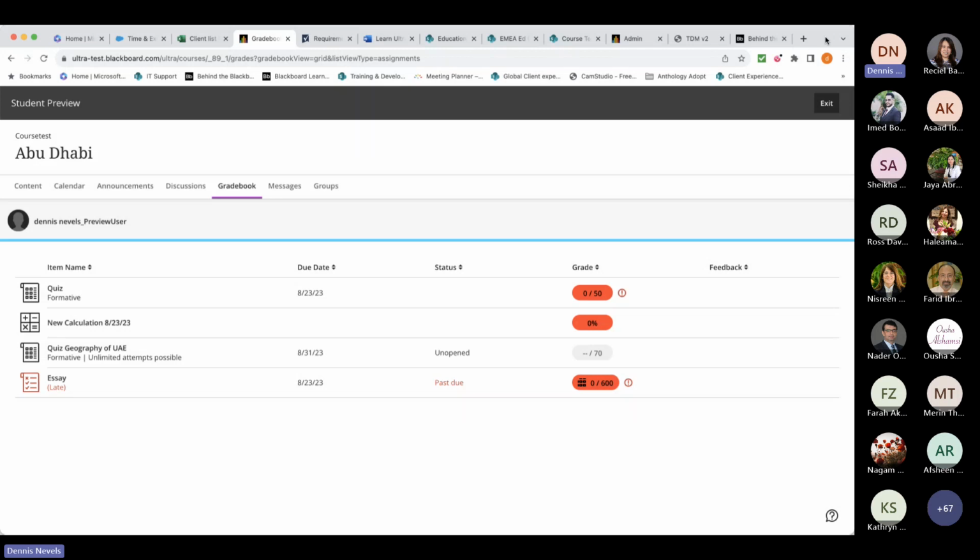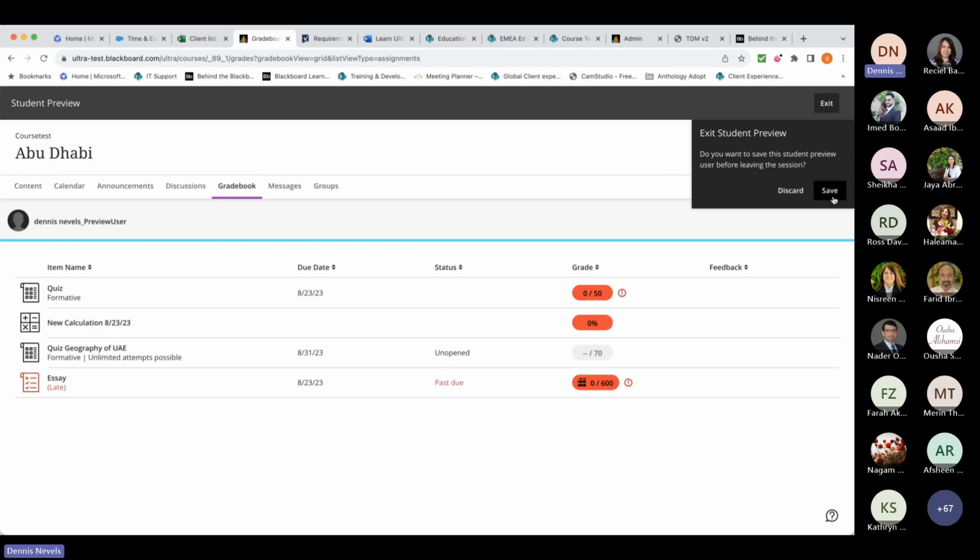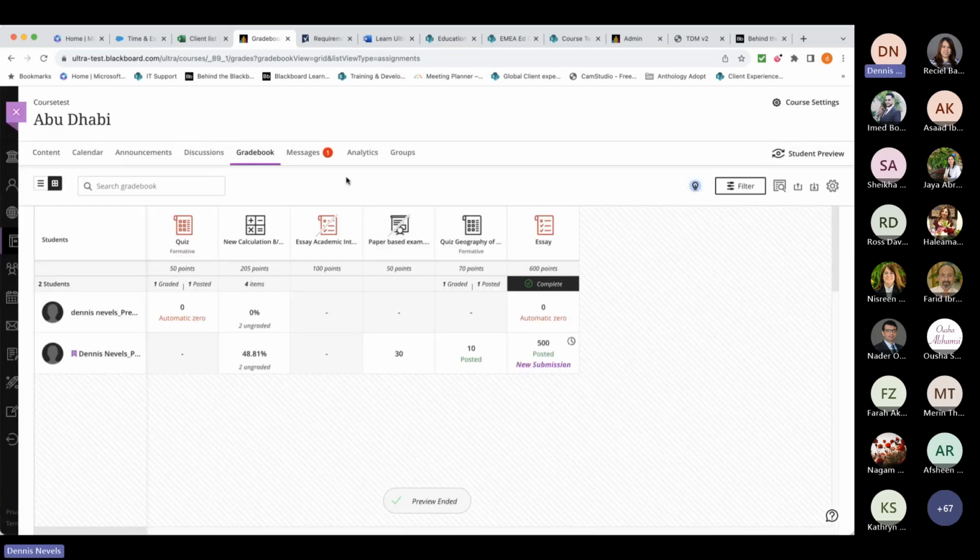And I'll just go back to the desktop view, but feel free to download the app. The instructor and the student app is the exact same one. And then you can see how responsive Ultra is. And students can work very well with a phone. So let me go back to the instructor view,